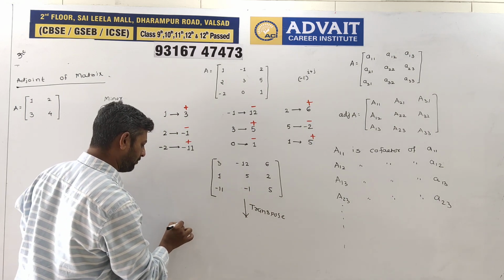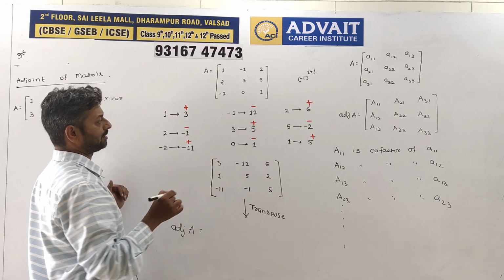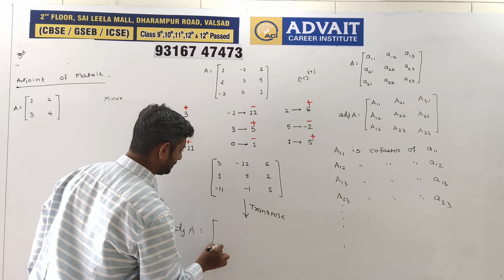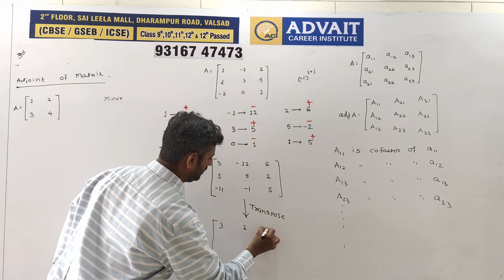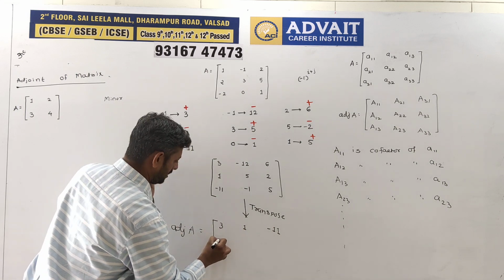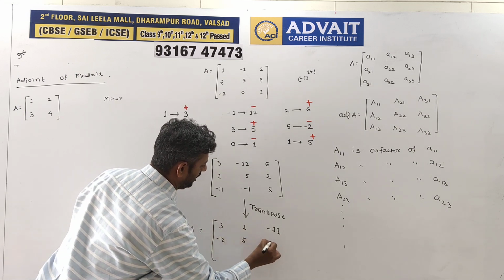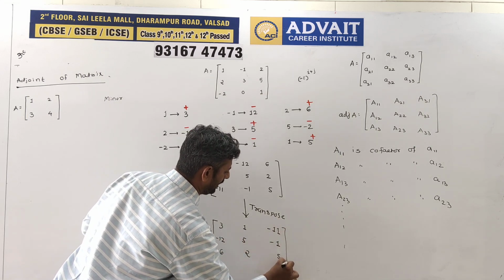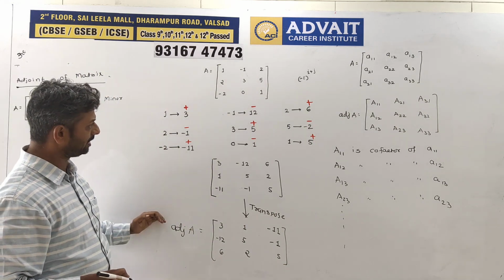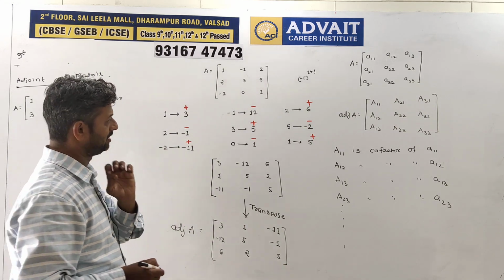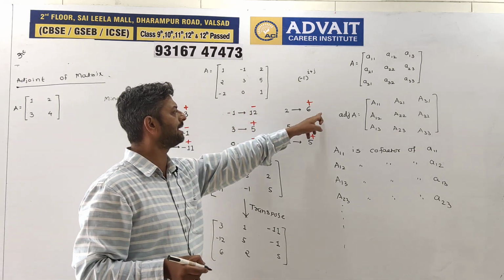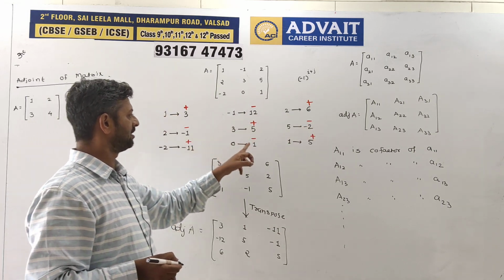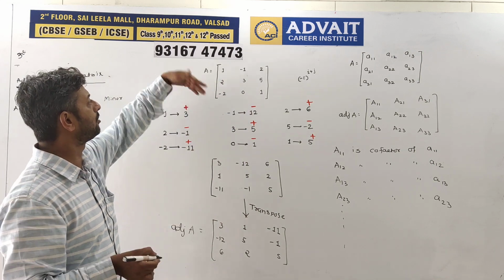So now which matrix am I going to get? This is the adjoint of this. So I can write it like this: 3, 1, minus 1, minus 12, 5, minus 1, 6, 2, 5. Okay. Now this is the adjoint of this. Now 3, 12, 6, minus 1, 5, minus 2 and minus 11, 1 and 5 are the minors of those.